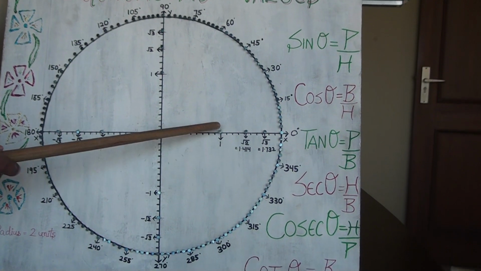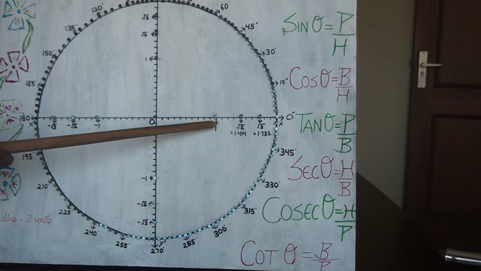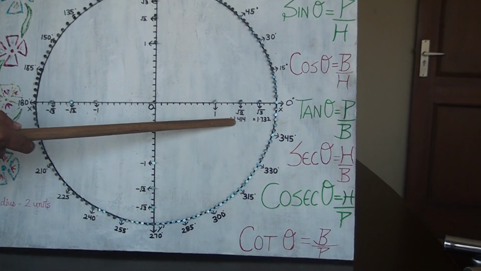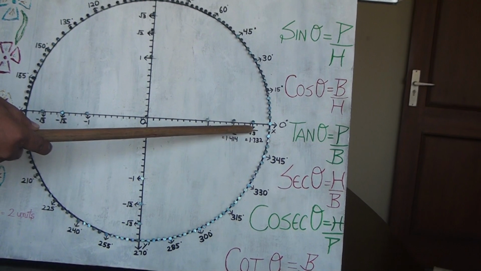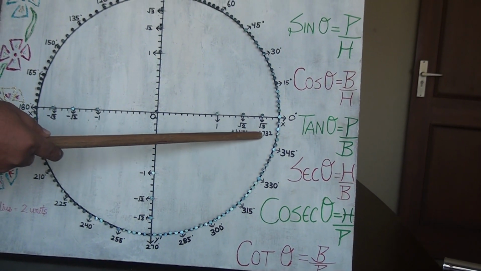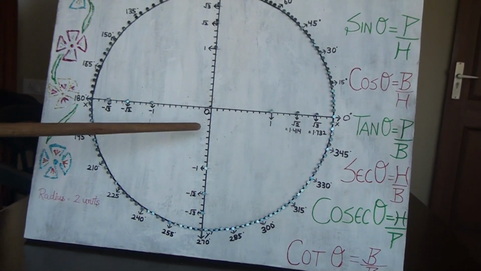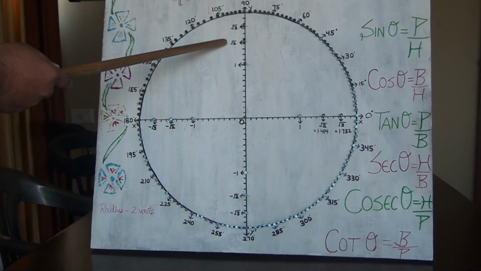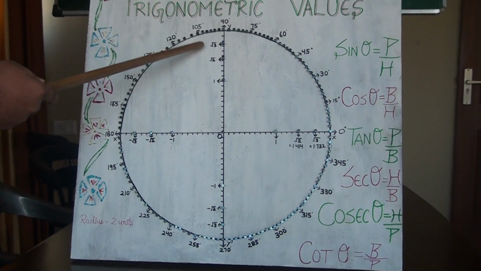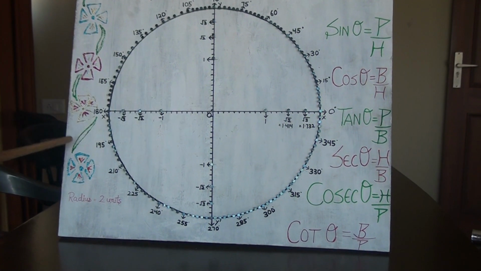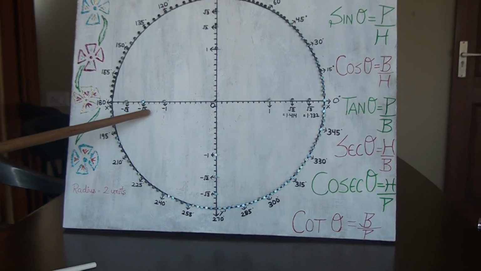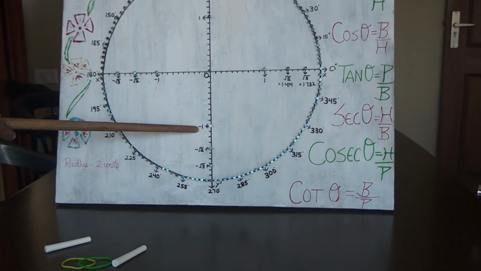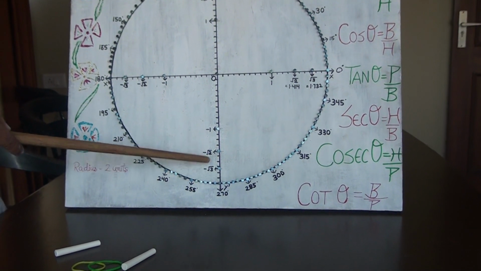On the x-axis, this nail shows 1 unit, and this one shows root 2, which means 1.414, and this nail shows root 3, which is 1.732. Similarly on the y-axis, 1 unit, root 2 units, root 3 units. On the left-hand side, minus 1 unit, minus 2 units, minus 3 units, and below the y-axis, minus 1, minus root 2 and minus root 3.